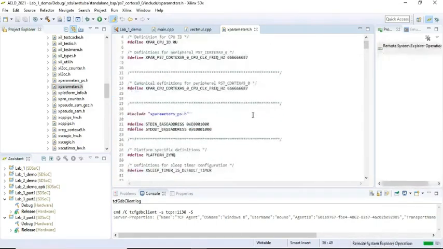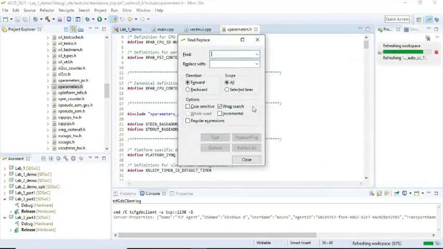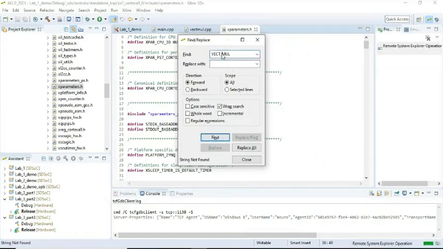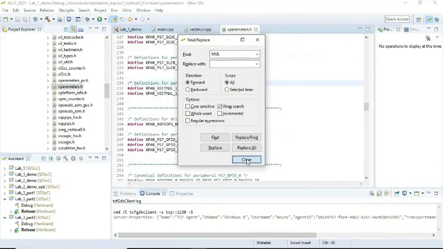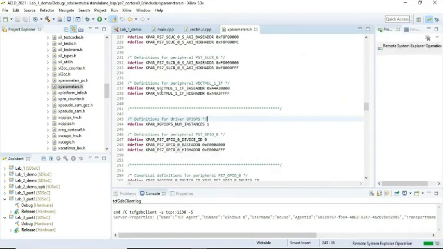If you just search the name of the HLS IP, let me search it as vecmul1. Let me search it as only one. You can see over here that this is the base address of the IP that has got created.